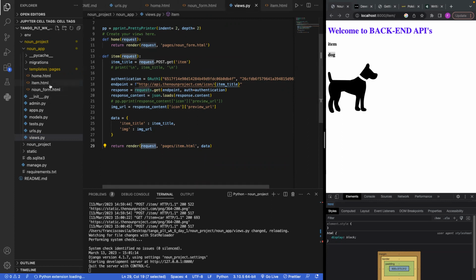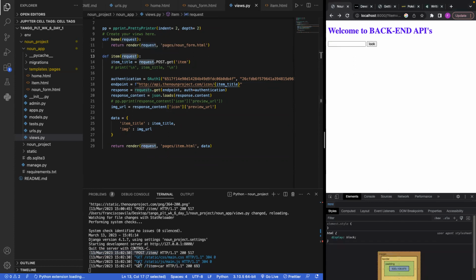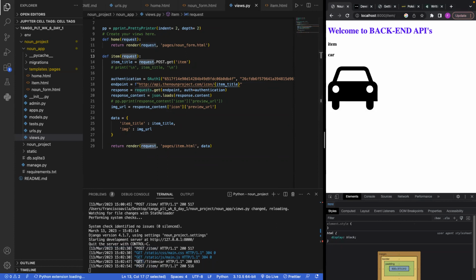So how do I demonstrate that? Okay, so here you go. When I load it, we see that there's been a post request sent to this item URL, right? Once that request is actually being made, this condition gets met. In the first one, if I refresh it, what we get is an actual get request, right? Once I put in car,